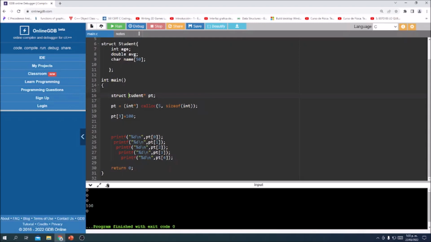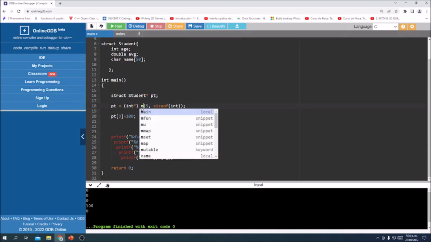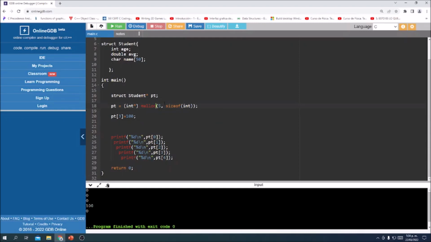Okay, so it means that I'm going to allocate structures. Let's allocate first with malloc. Remember that malloc will take just one argument, in this case sizeof the type, which is in this case struct